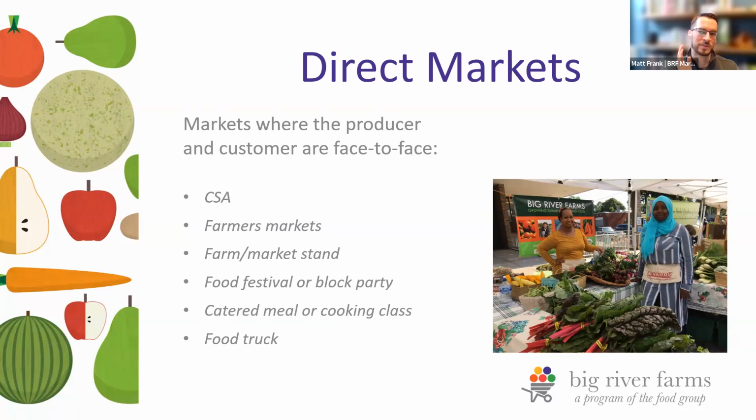And think about not just these ongoing, established, more formal markets, but other one-off opportunities too. This ties back into thinking about not just the products and the food that you're growing, but also whether there are other services or other opportunities to diversify your market. So think about that from the perspective of direct markets too. Maybe your main market is a CSA or an indirect market like a farmers market. But there could be other opportunities throughout the season that present a direct market opportunity, like a food festival or a block party. You might not make a ton of income or revenue off something like that, but if there's an opportunity to tap into